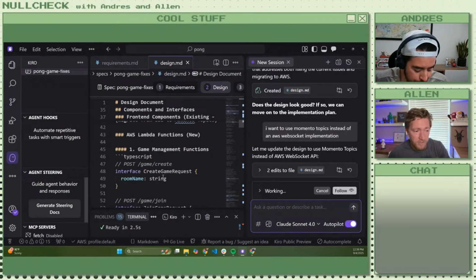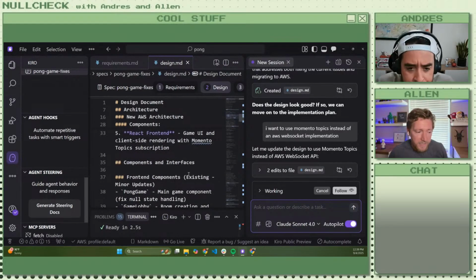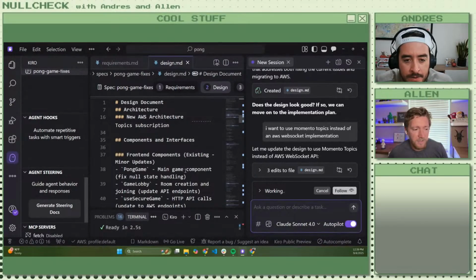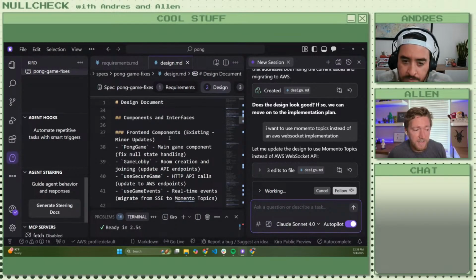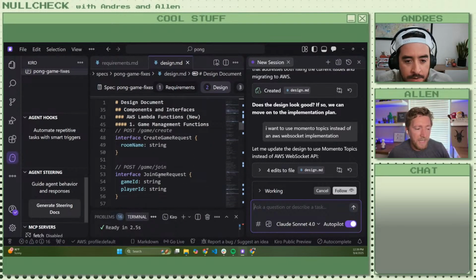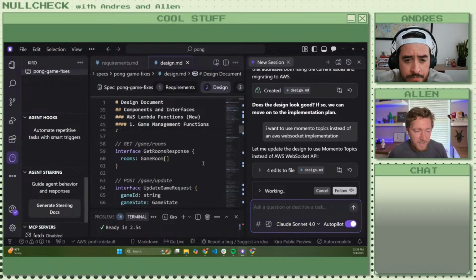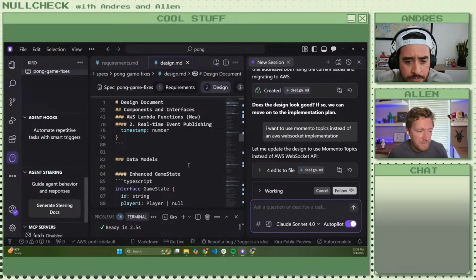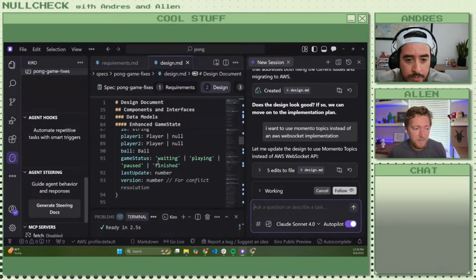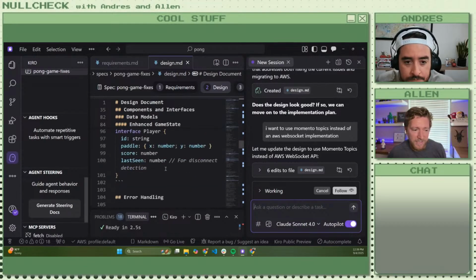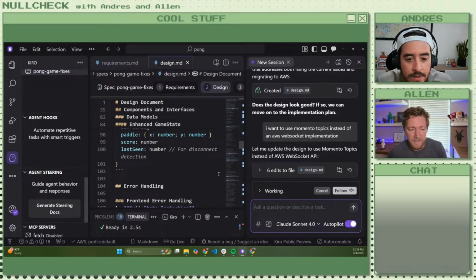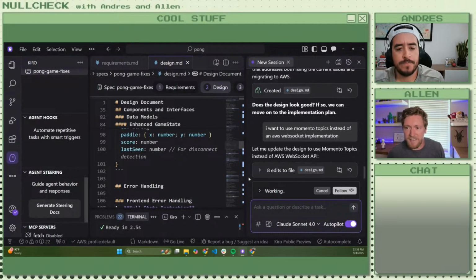And so what this will do is it will cover not only the architecture, but it also covers what are the front end components that are needed to do this? What are the API routes that it's going to be creating? Oftentimes, yep, it has this data model down here as well. So it's defining what all the entities look like. So this is what you'd see a team lead generating before you start a project. Like I'd expect to see this in the project design docs.